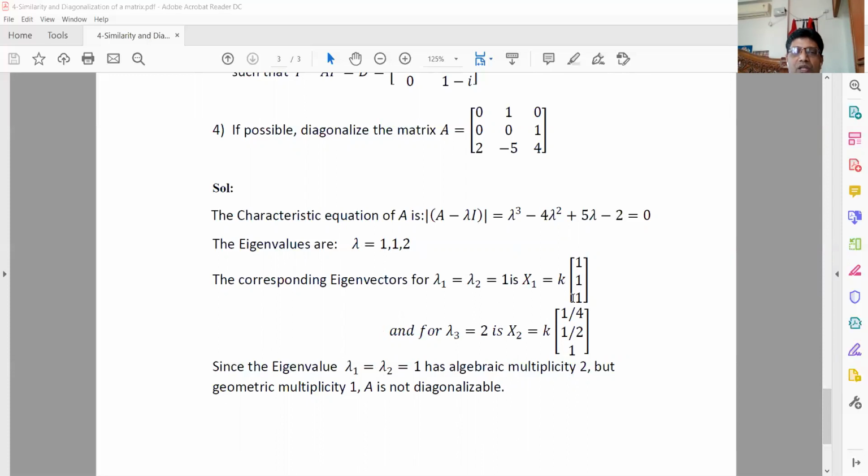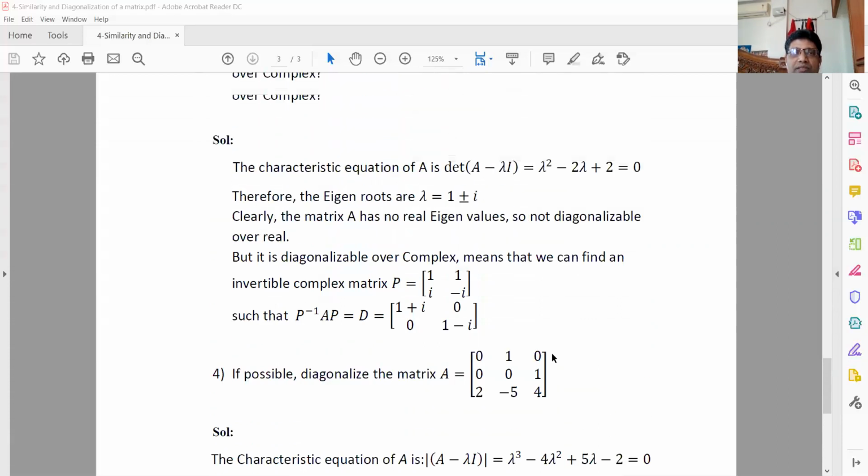Therefore, you cannot diagonalize this one, because to diagonalize this, I have to construct the modal matrix P. To construct the modal matrix P, I require 3 eigenvectors, but here I got only 2 eigenvectors. With 2 eigenvectors, I cannot construct the modal matrix. If I am unable to construct the modal matrix, I cannot calculate P inverse. Therefore, the diagonalization is not possible. So this is one case where a matrix cannot be diagonalized, so you must be very careful when you are diagonalizing the matrix.